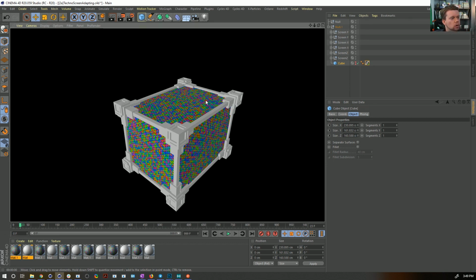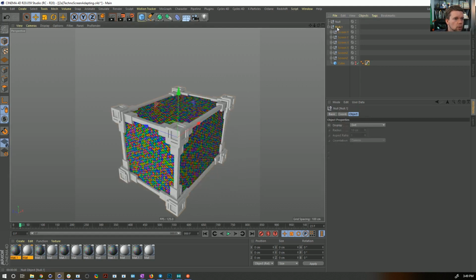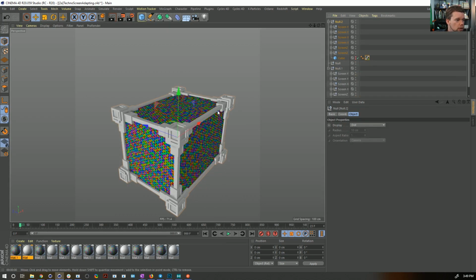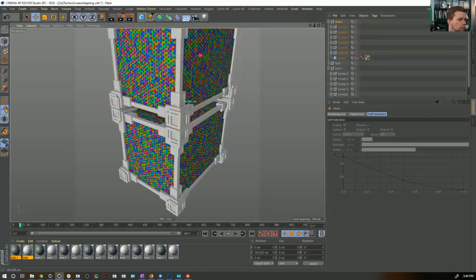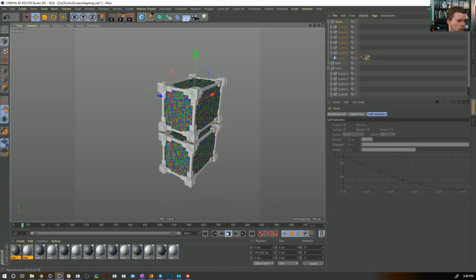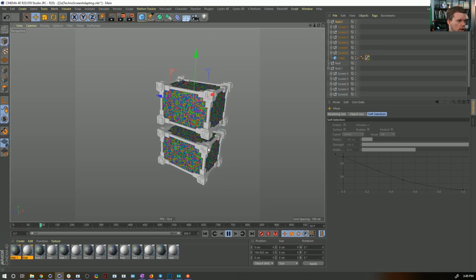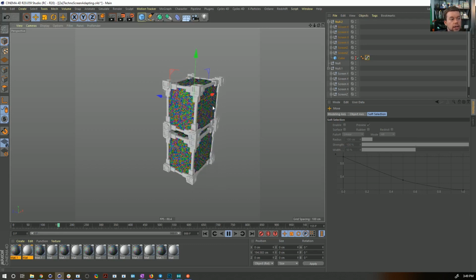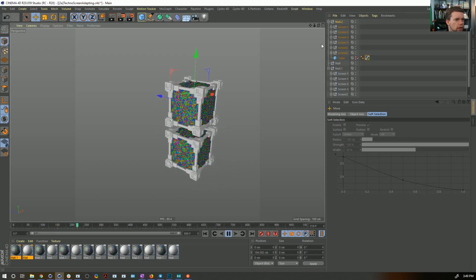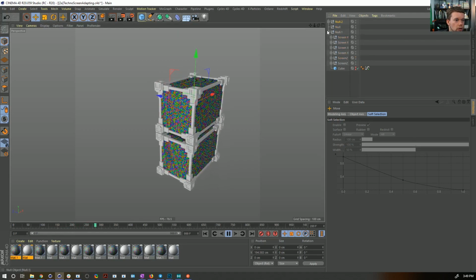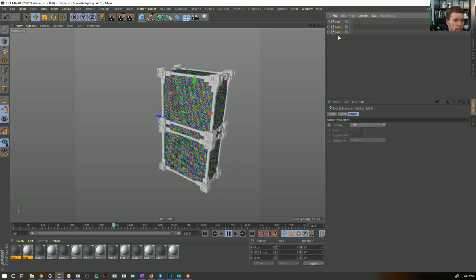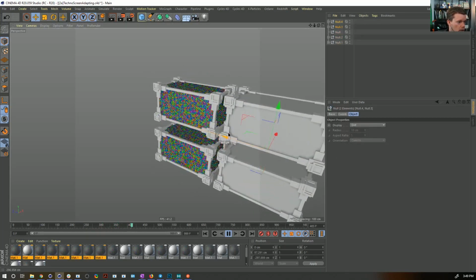I would have liked to have gotten the entire stack of blocks going where we could have been cloning or copying these. So if I made a second one and moved it up and we had them individually doing different things, so they could be moving. Now these are moving identically, and that's kind of cool in itself. And keep in mind this is a signal, so we could copy and paste this again, move these over,